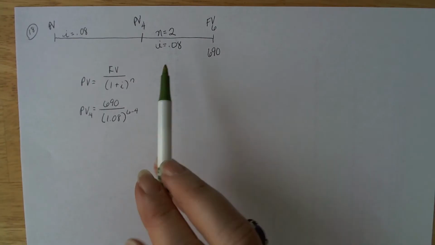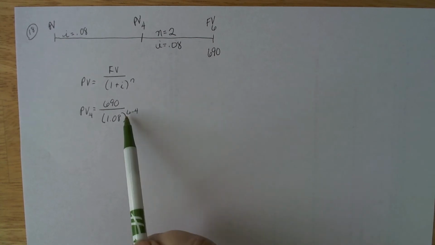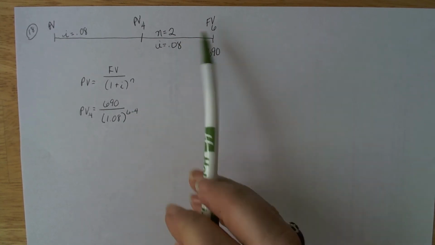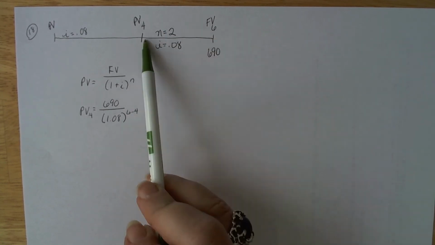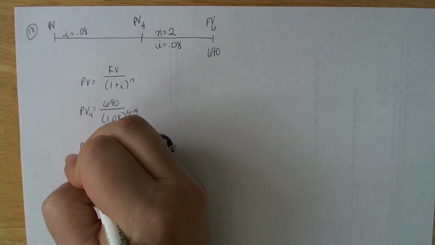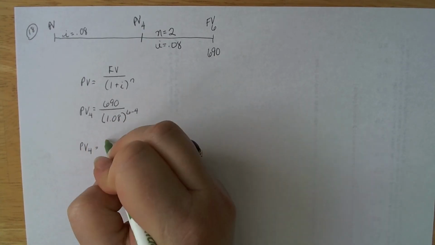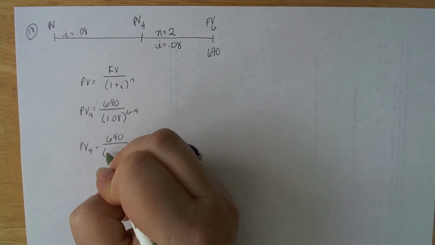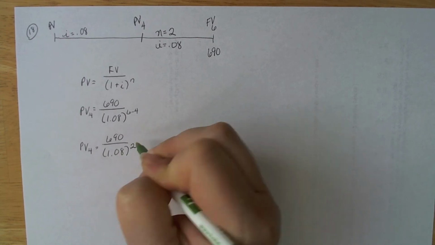Now in the timeline, we can see 6 minus 4 is obviously 2, and why that's the case. So we take the present value in year 4, 690 divided by 1.08 raised to the second,